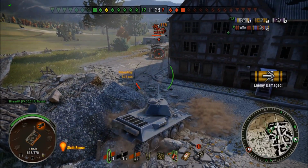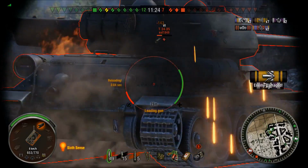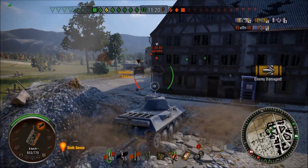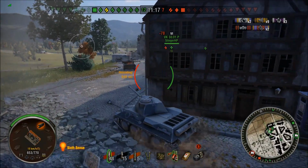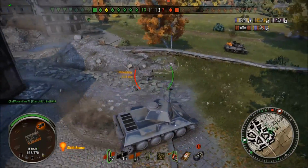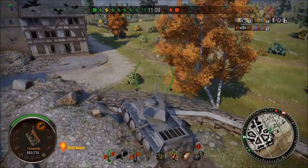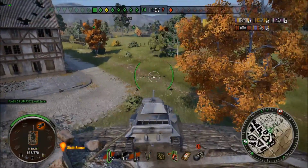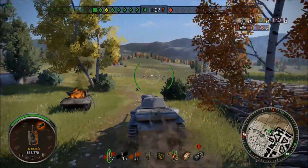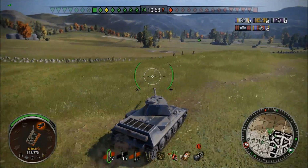So let's get into some gameplay. All of the gameplay is going to be on Sacred Valley, and I'm going to be doing 2 vids on this tank of me obtaining my Mark of Excellence. Hopefully I won't bore you too much to death, but I thought it'd be interesting to do the first vid, all battles on Sacred Valley, kind of discussing tips and tactics on what I do, how I